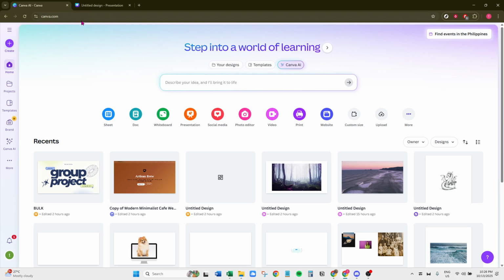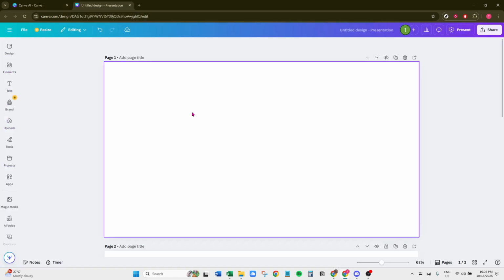First things first, we need to get to canva.com. If you don't already have a Canva account, you'll need to sign up, but if you do, simply log in. Once you're on the main page, locate the option to start a new design. This is typically found under a button labeled Create a Design or something similar. Select the format that best suits your project, whether it's an Instagram post, a poster, or any other template you'd